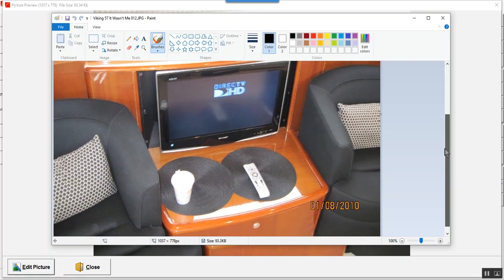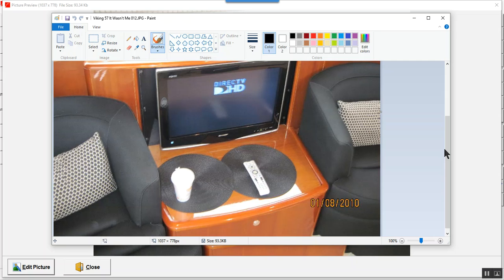which is Microsoft Paint, embedded into this Windows 10 operating system, and automatically selects your default photo editor, which in a lot of your computers will be Paint. So here I'm going to select a circle, and I'm going to click on that circle. I'm going to select a color for it, red. I'm going to draw that circle,